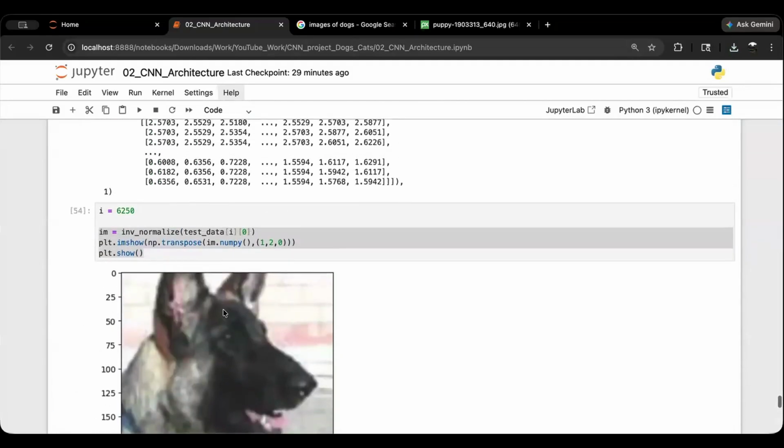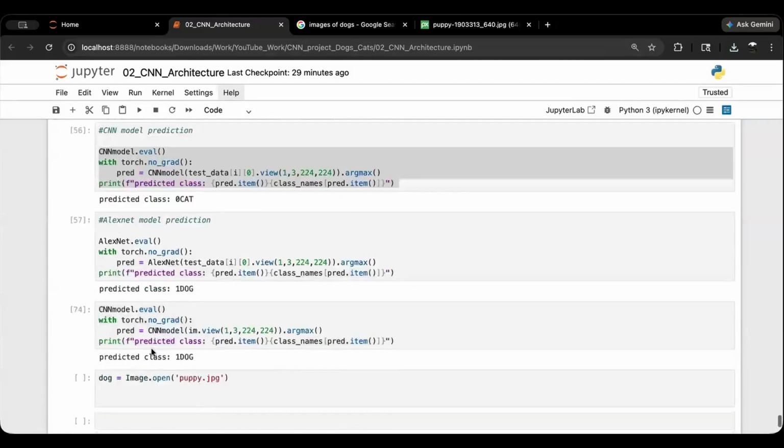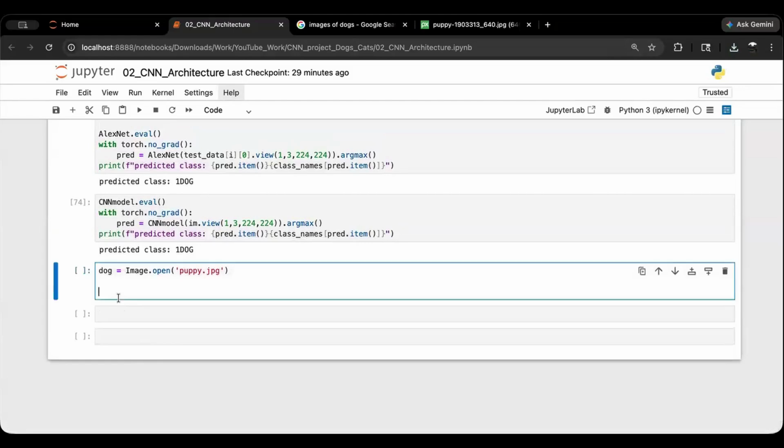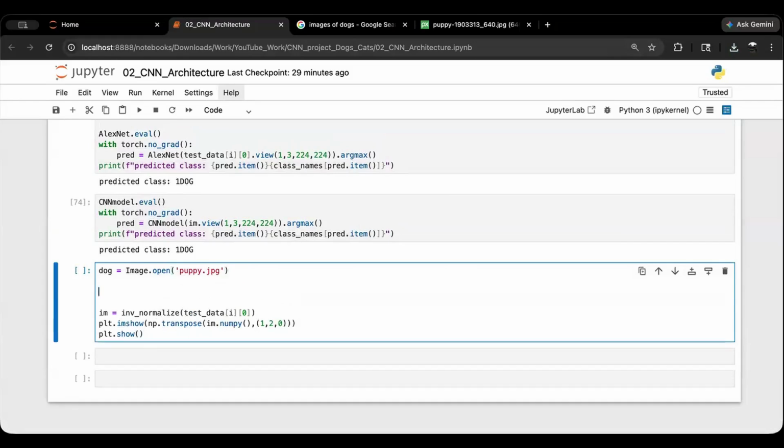You will copy this entire thing here and make some changes, just to make things easy for you. I'm taking this test data and inverse normalizing it, but you can only inverse normalize it when you have normalized it. So first I'm going to say dog underscore normalized, and for that,